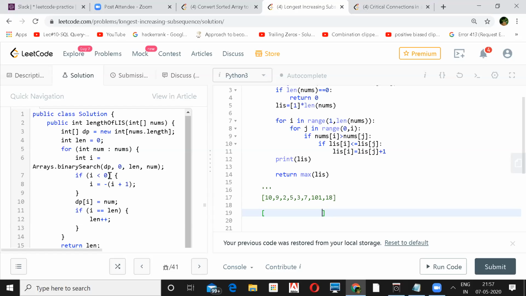So if i is less than 0, then -1 plus 1 will be 0, so i will be 0. Now in the DP array, the 0th location, it will store 10. Then if i is equal to length, he will increment length by 1. So now our length is 1 for the next iteration.